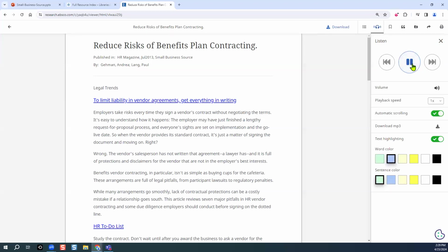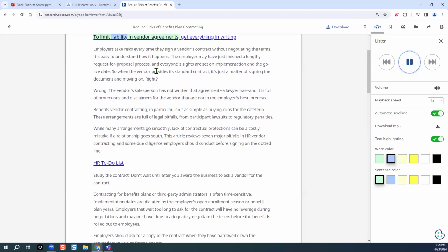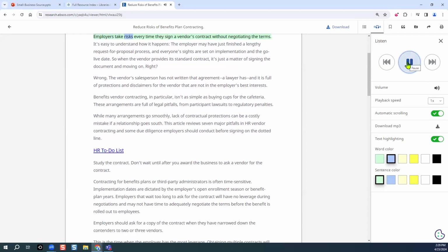and sentence color highlighting. Reduce risks of benefits plan contracting legal trends to limit liability in vendor agreements. Get everything in writing. Employers take risks every time they...